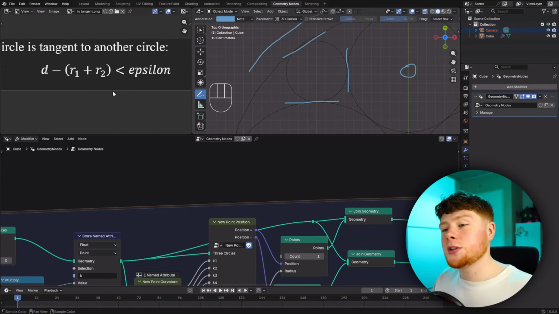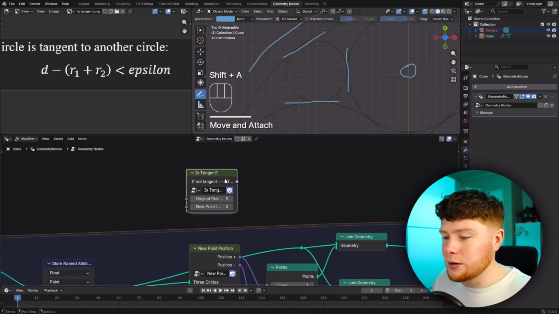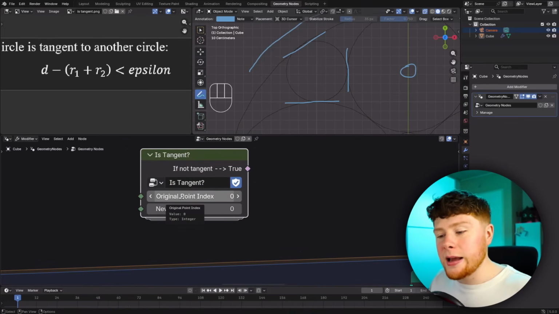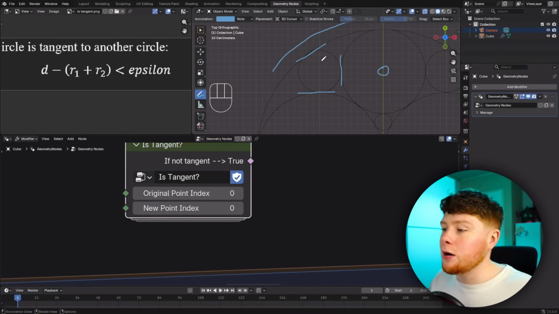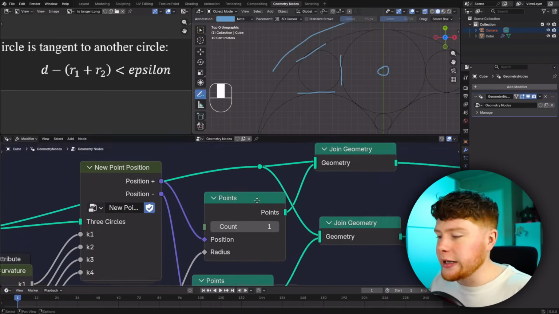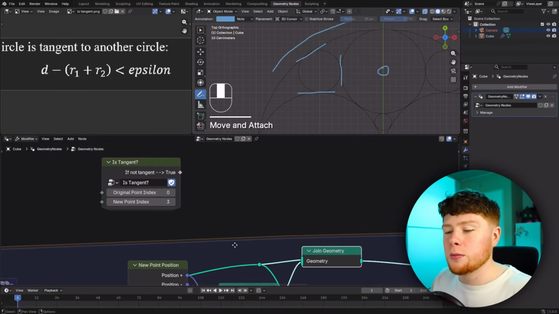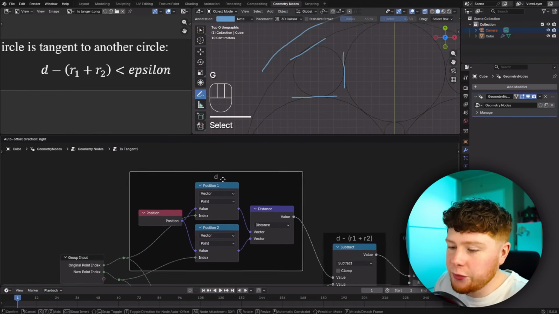And for this process, I also made a node group. So if we do an isTangent node group, it asks for the index of one of the 3 points, and it also wants the index of the new point. And the index of the new point is always 3, since we added it below the other points in the join geometry node. If we have a look inside of this, what we're doing here first is